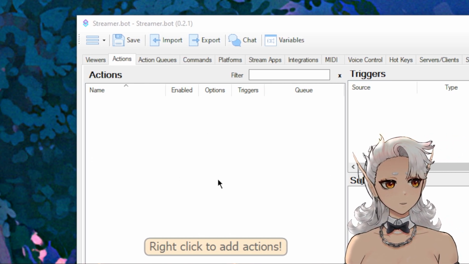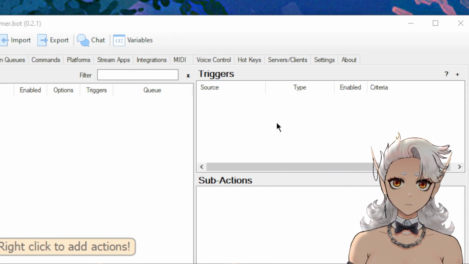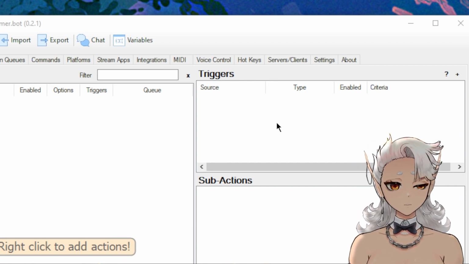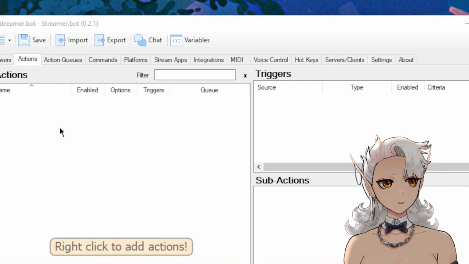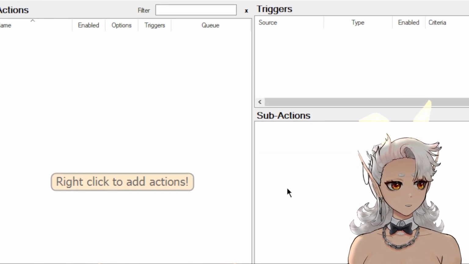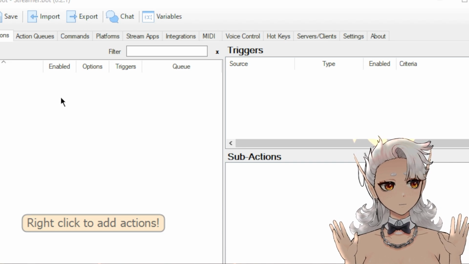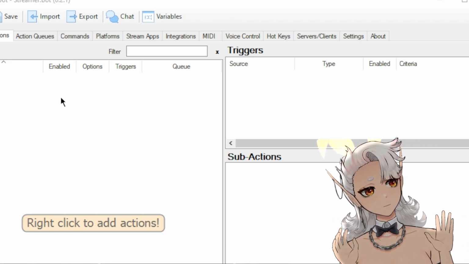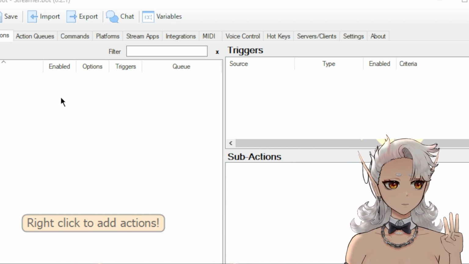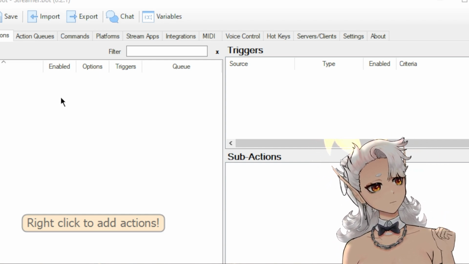Basically, here we have our actions list, and each action is going to be triggered by something, like a channel point reward, a command, or maybe even just a follow or a subscription. And when that action is triggered by that event, it will go ahead and run a list of sub-actions. If that sounds really confusing to you, I'm going to quickly give you an example, and I'm going to make it triggerable by a command, channel point rewards, as well as follows or subscriptions, just so you can see how